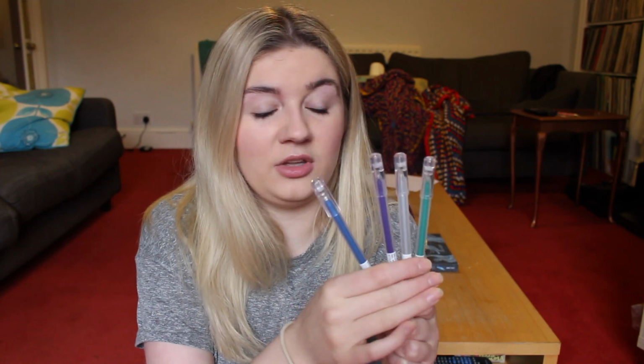And they had this packet of really nice metallic gel pens. It makes me feel like I'm about 9 years old again when gel pens were the thing. That's what I got for my 9th birthday, was this beautiful set of like 20 different gel pens, and it had metallic ones, it had pastel ones, it had neon coloured ones, and I loved that set. It was from my mum,